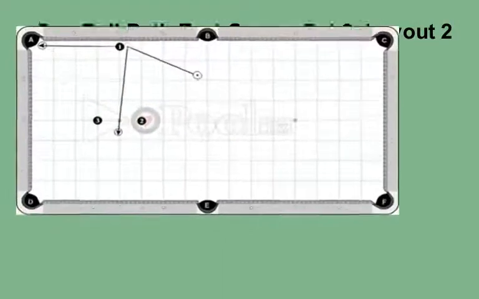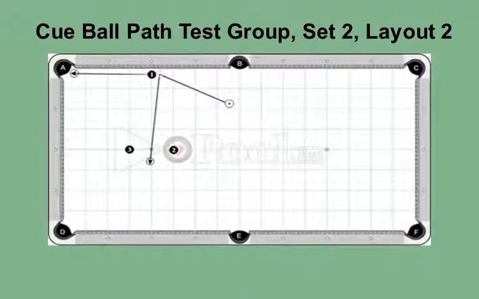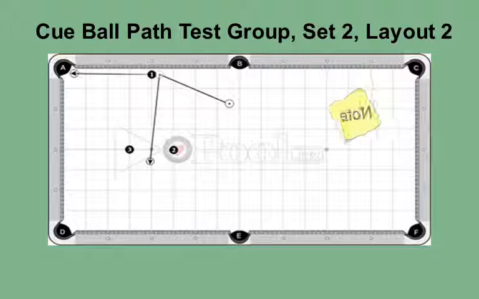This is the Cue Ball Path Test Group, Set 2, Layout 2, for advanced level players. On this layout, you must pocket the object ball and bring the cue ball out at a 90-degree angle off the long rail. You should be able to play this shot with 11:30, 12 o'clock, 12:30, and 1 o'clock spins. Please note, if using this as an exercise, besides trying this with different cue ball spins, you want to play